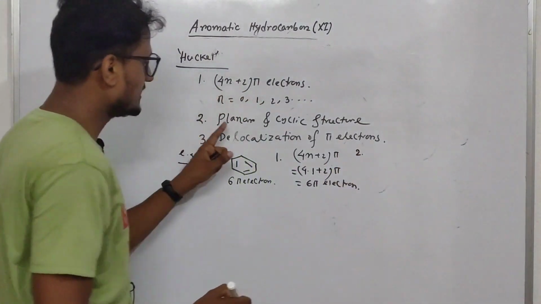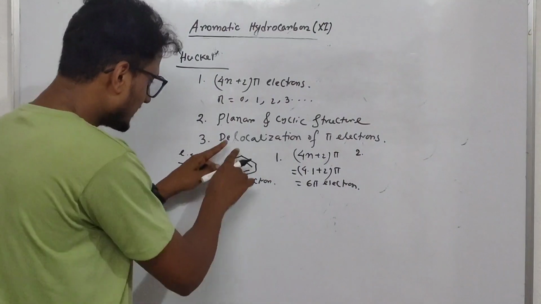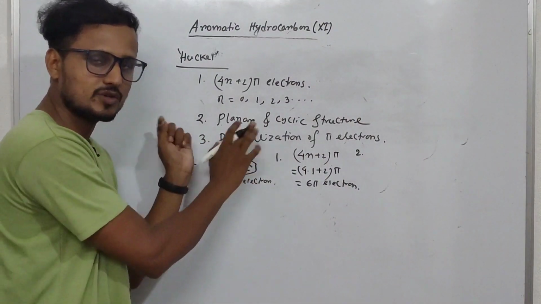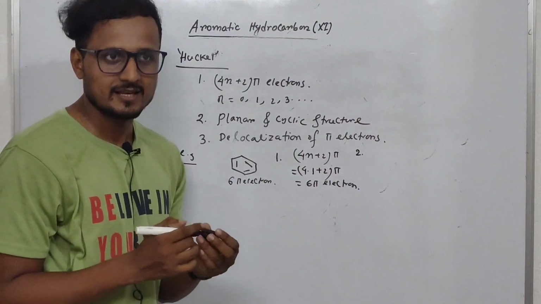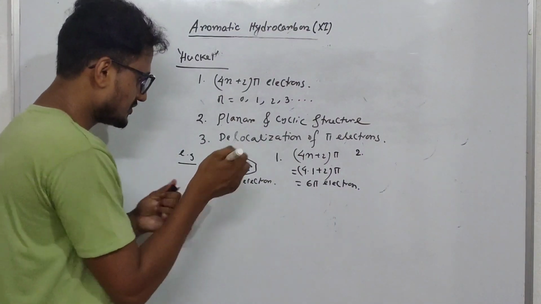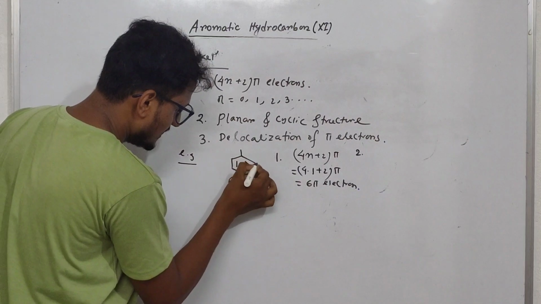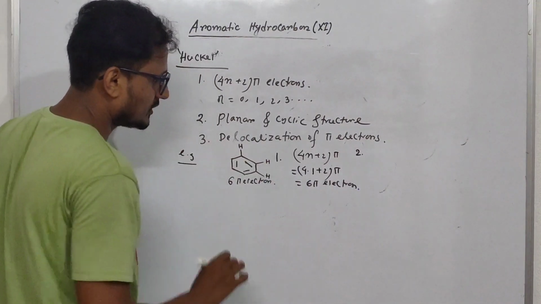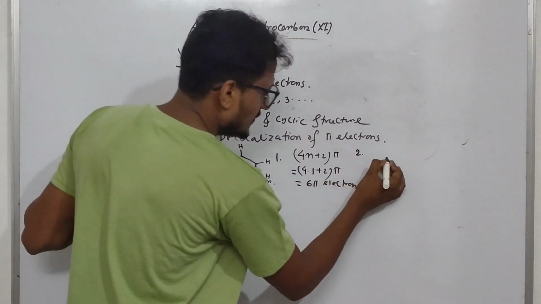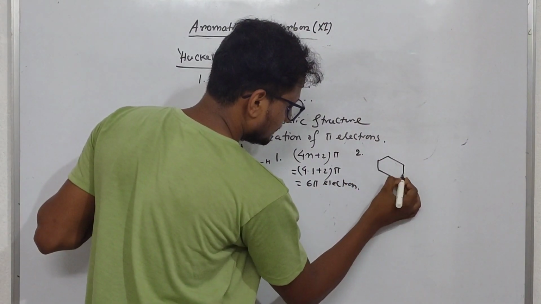Number 2, is it planar or not, we have to see. This one is cyclic, we can easily say that, but is it planar or not? To get planarity, the carbons in the benzene ring should have sp2 hybridization. What hybridization? sp2. Now if I draw this structure like this